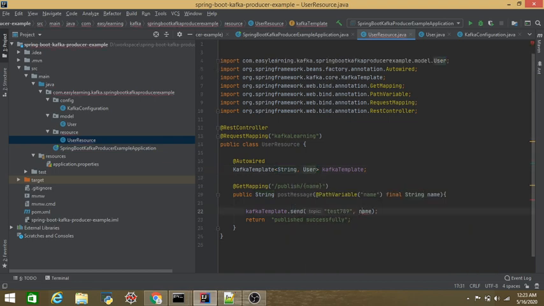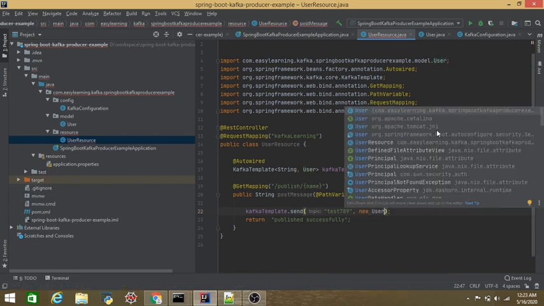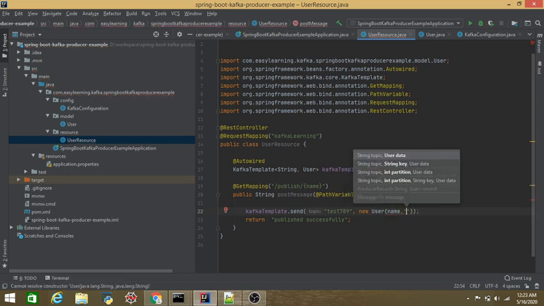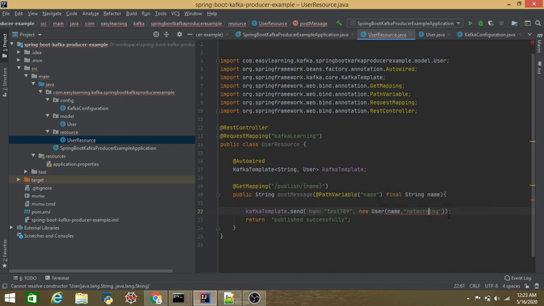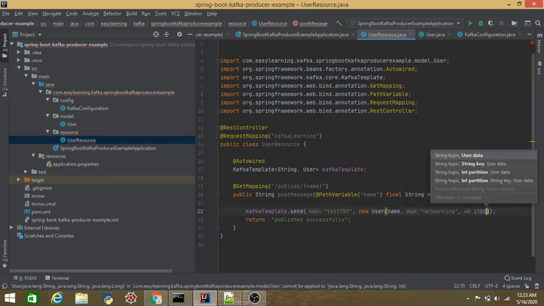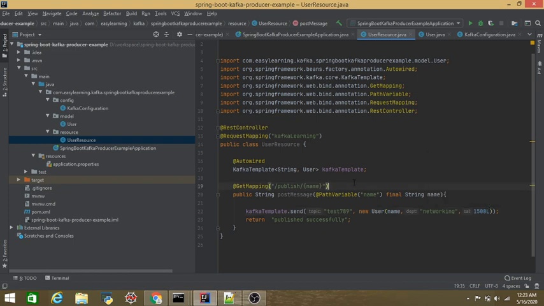And here we need to return the user class, and as usual the first parameter I'm passing is name only, and the second parameter, as you know, is department, so let's say networking, and the third parameter is salary, so let's put it as 1500L, right? So we are done with the controller part also.